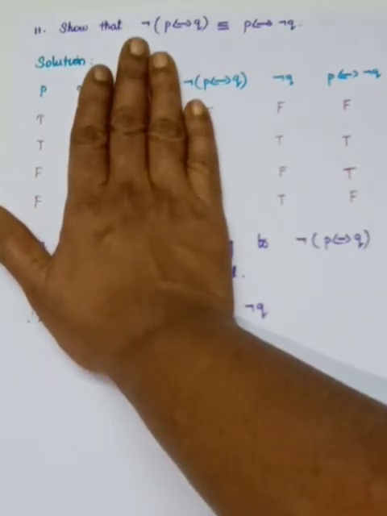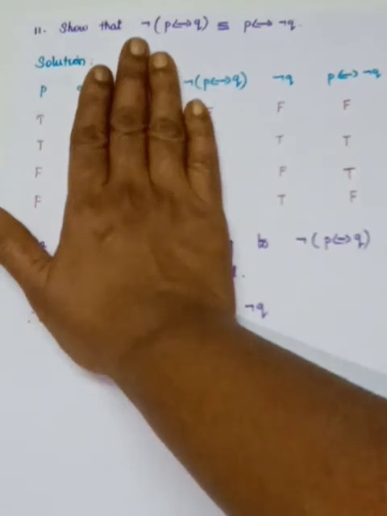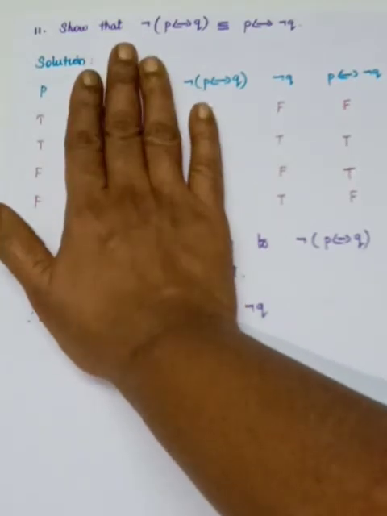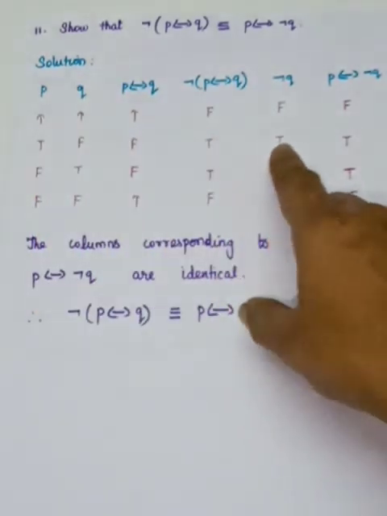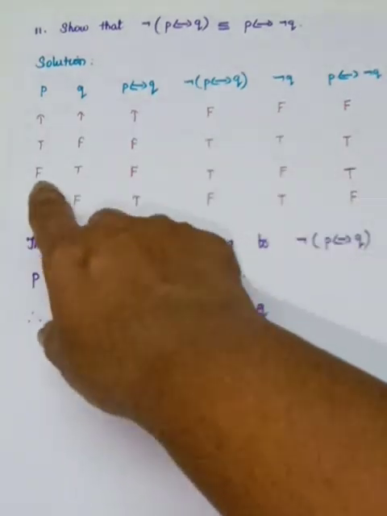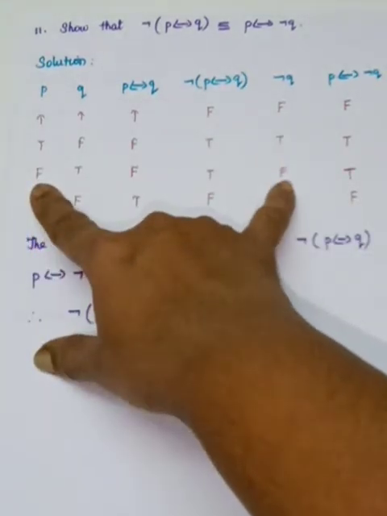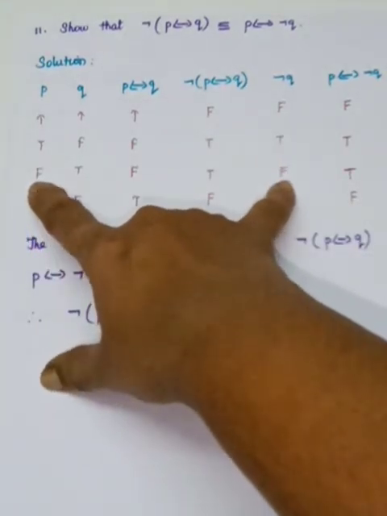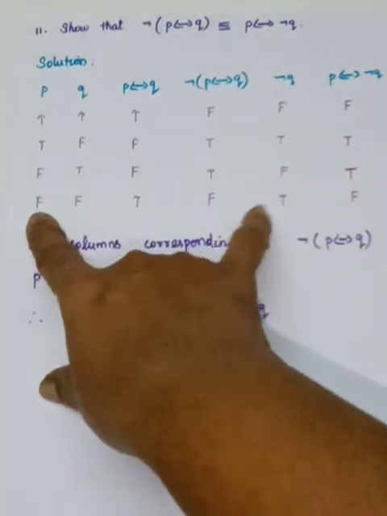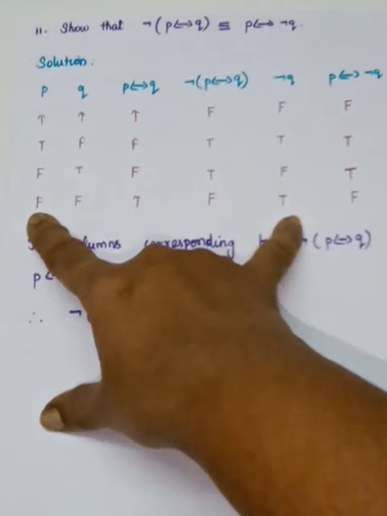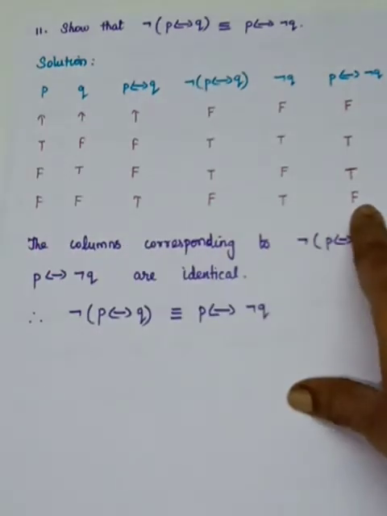So you see the first row, P is true and negation Q is false. They don't have the same truth value, so it is false. So the second one, you look at this, P is true and your negation Q is also true. So true, true, same truth value, so it is true. And you see the first column, F, here also F. So they are having the same truth value, so you have to write T. And here first column and the 5th column, F, T. So different truth value, so it is false.